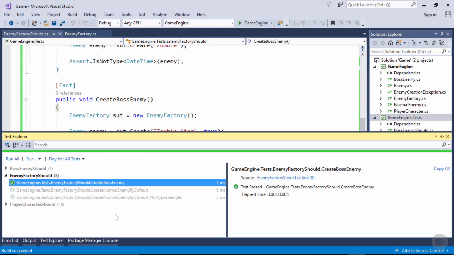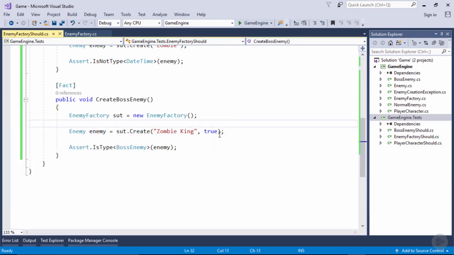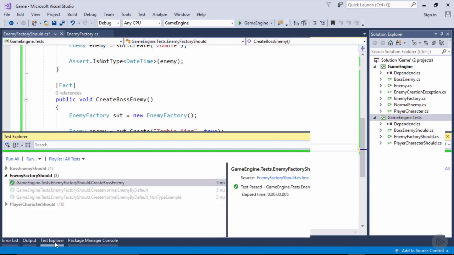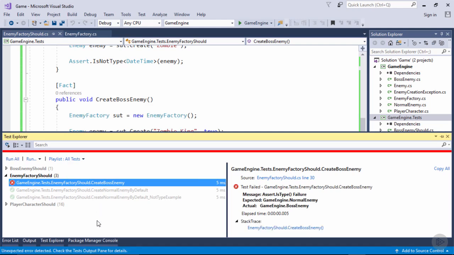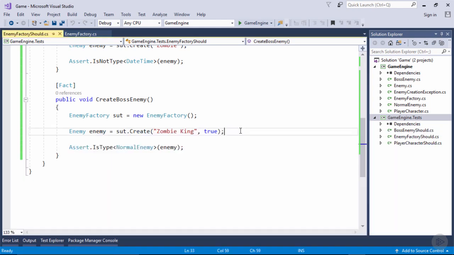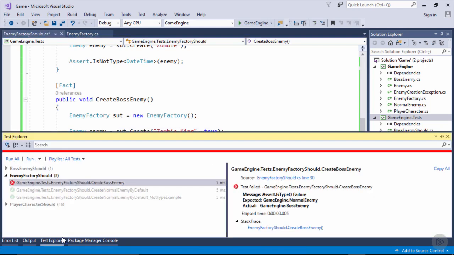And the test passes as expected. If we were to change this, for example, to NormalEnemy and run the test again, we can see the test fails because we expected a normal enemy, but we actually got a boss enemy. We'll just fix this up and check the test still passes,